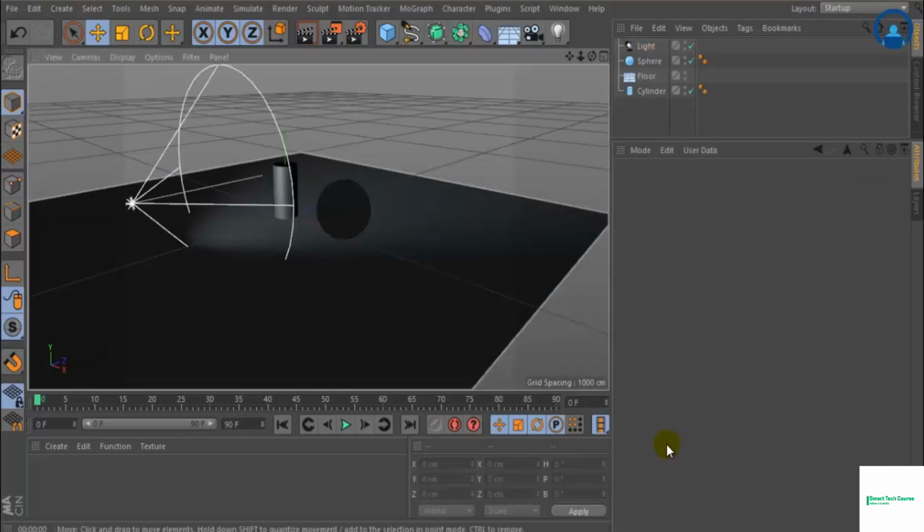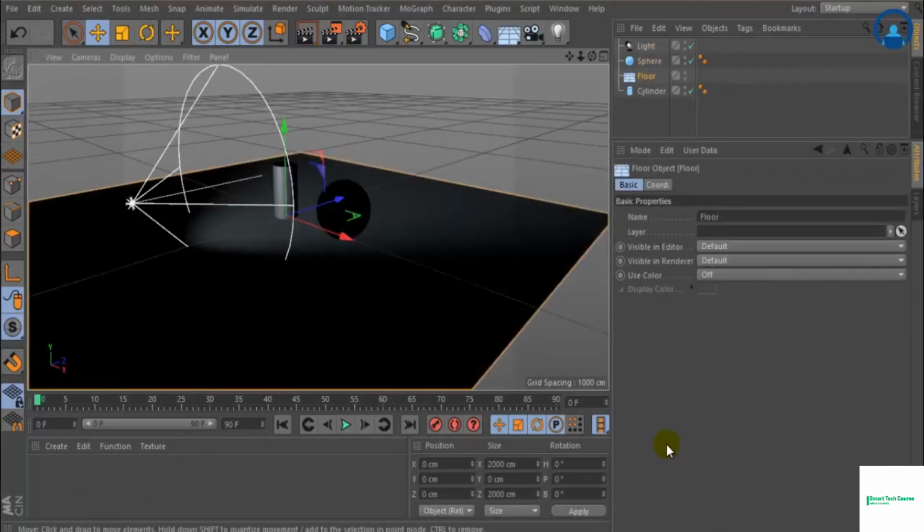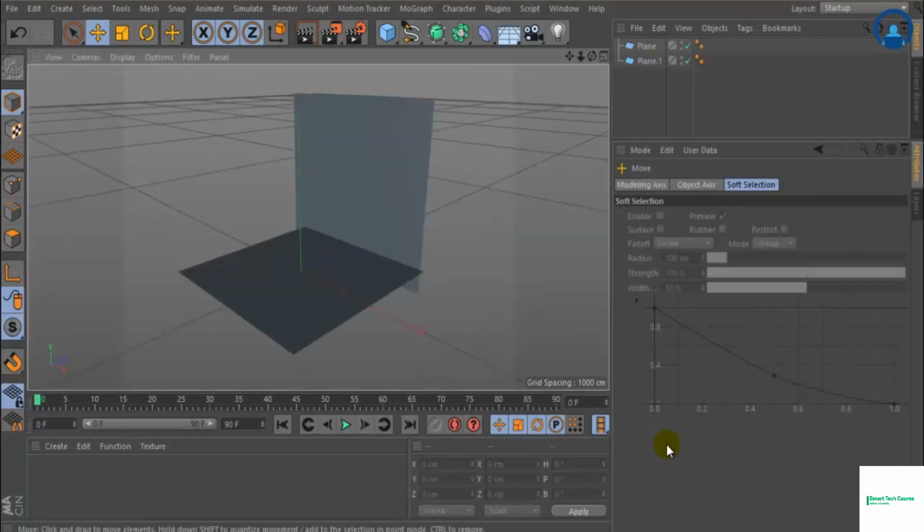So this is how we can manage the light properties inside Cinema 4D. Light and Project option. The Hierarchy option I just keep on normally. So this way we can change the effect. The Pyrocluster illumination and Pyrocluster shadow casting are different things we normally use with some advanced lighting effects. So right now this is enough for the basic options. Next we learn about